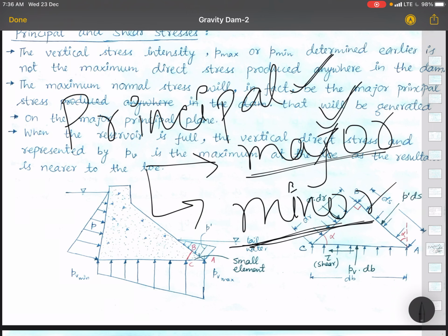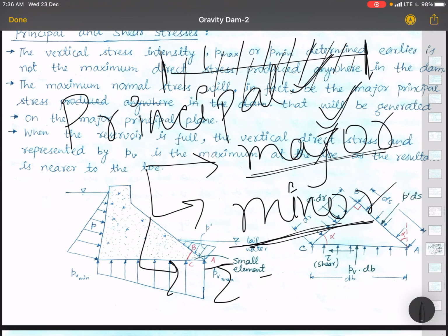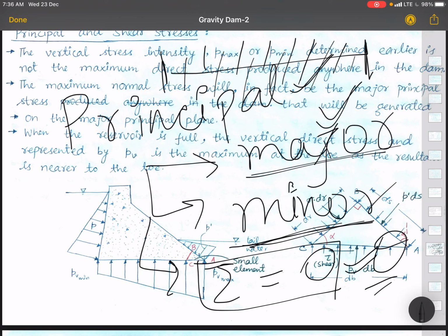Principal means the biggest, the tallest. In college you have seen the principal sir, he is the highest authority. Like that, in stress analysis, the principal stress is the extreme. So this is minor and this is major, and all the stresses which are coming should lie between these two values. And one more thing: at a principal plane, the shear stress tau is 0. Using this condition only, we derive theta. You can refer to your SOM classes and you will easily get what I am talking about.